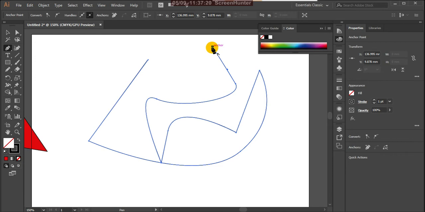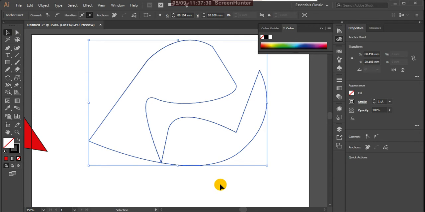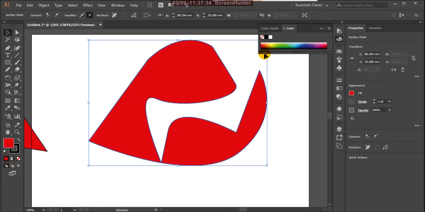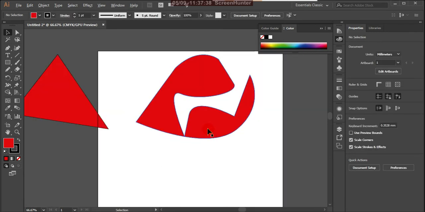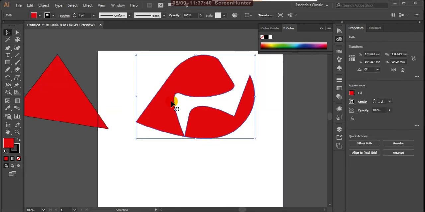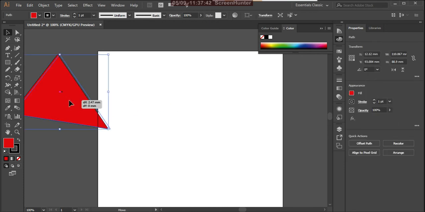Now again press alt and you can give a curve shape. See, this is the way to create shapes. Okay, so this is the shape. Good, nice. Delete this.